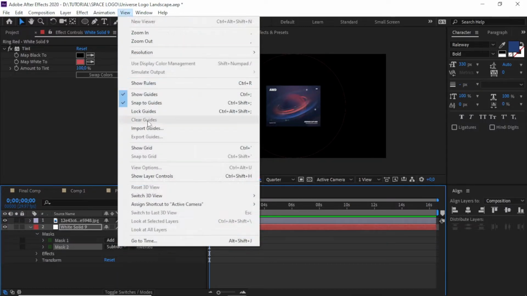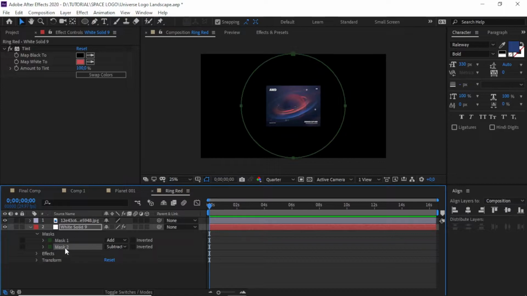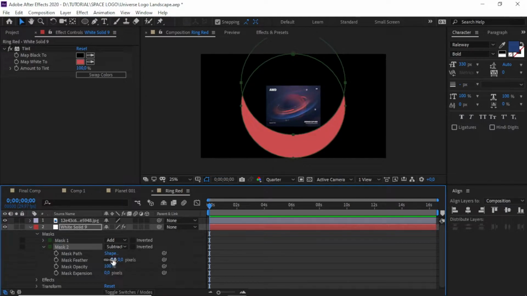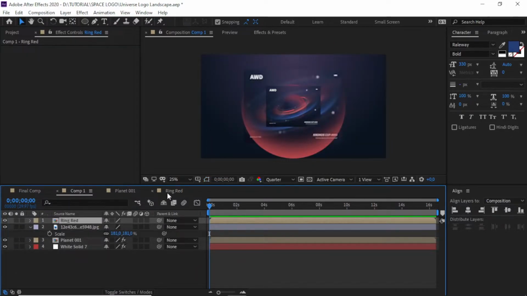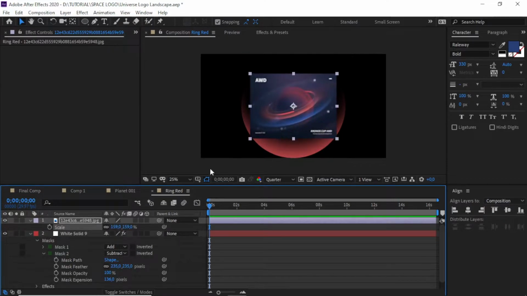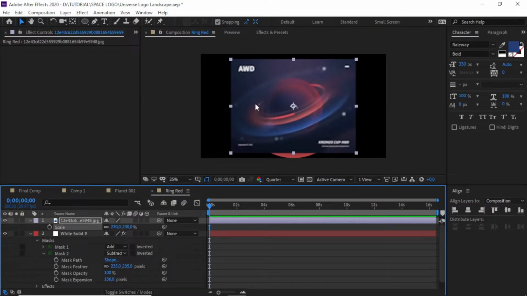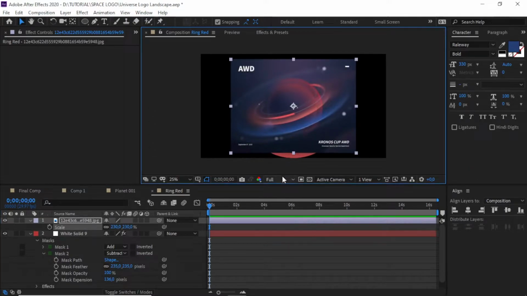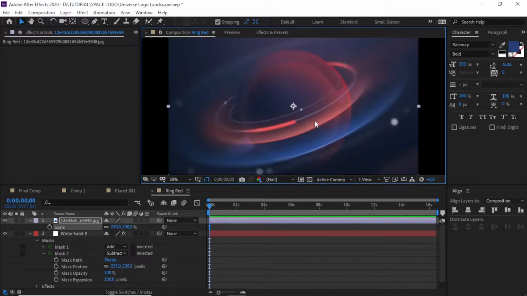We need to show the layer controls like this. Now I move the mask to the top like this, then I feather it and play with the expansion, because in our reference here the ring has blur on the back side but is almost solid on the front side.